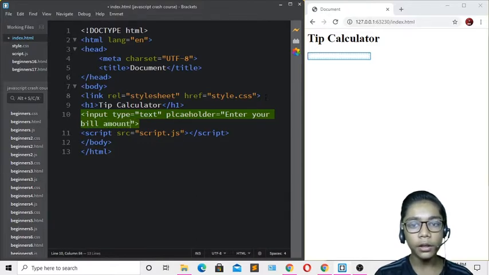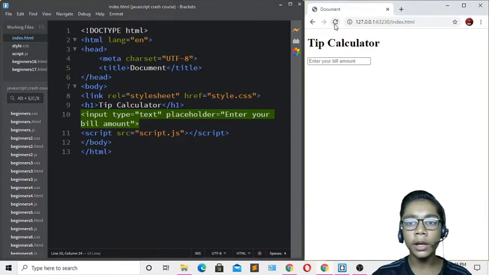Now when you've defined all that, you have to fix its spelling. I'll change the C over here. Now our placeholder has come over here, you can see that. Now your HTML work has been done. You just have to do your work with CSS and JavaScript.